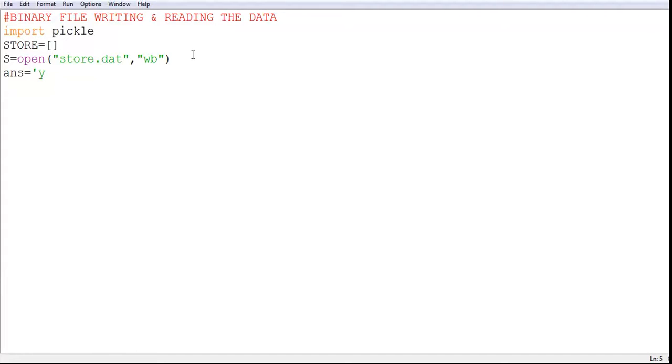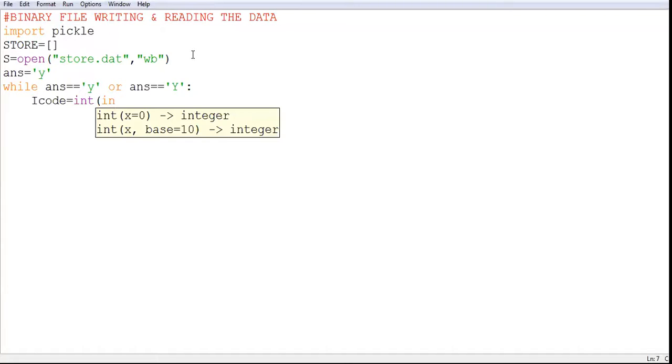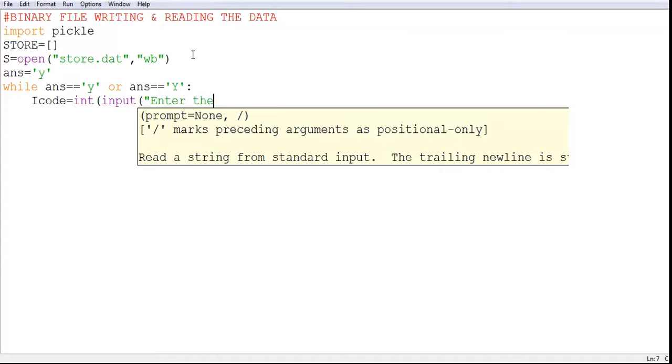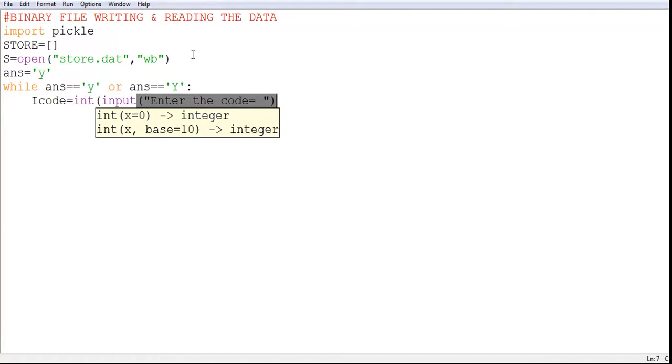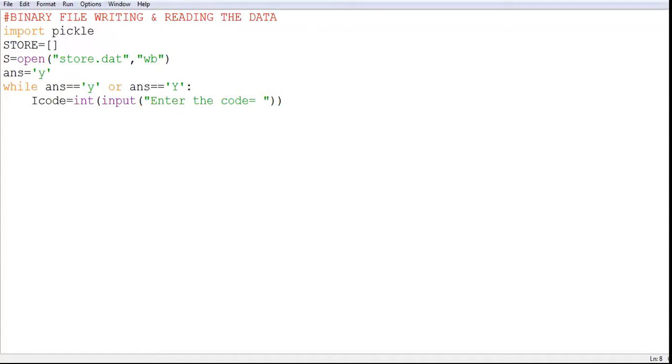Answer equal to y. Till your answer variable is y or uppercase Y, you start entering the records from the user. My icode represents item code. I name represents item name.